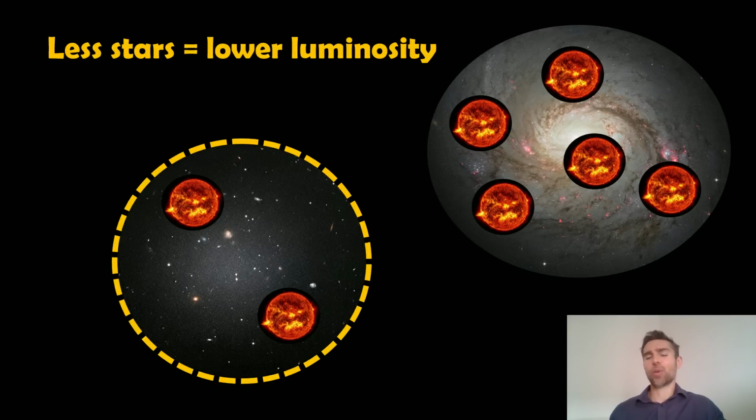Now, you're probably aware what stars are. Stars emit light. And if you have fewer stars, it means overall your galaxy is going to have a lower luminosity. It's going to be less bright. So this is what contributes to the faintness of these particular galaxies. A normal spiral galaxy like the Milky Way has a relatively high density of stars in comparison, so a lot more stars, it's going to be brighter overall. Think of having lots of torches all pointed in the same direction. You take away half those torches, it's going to be less bright. Same idea here, you've got fewer stars emitting light, which creates less luminosity.